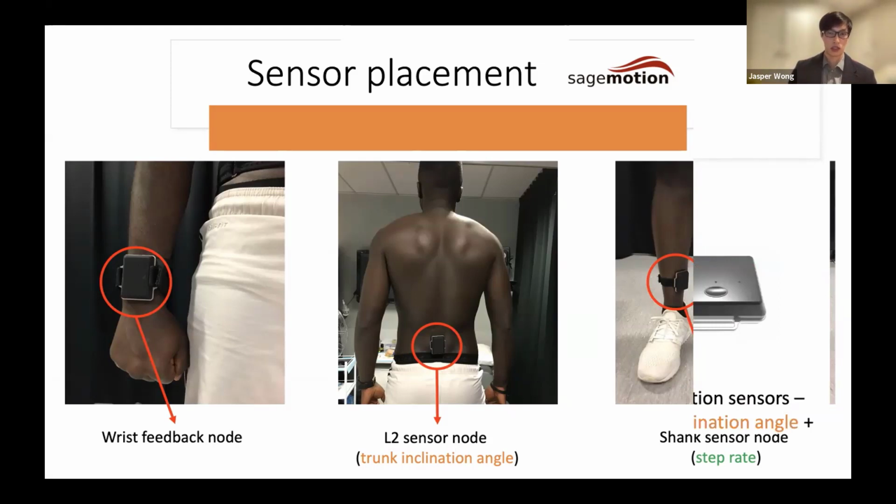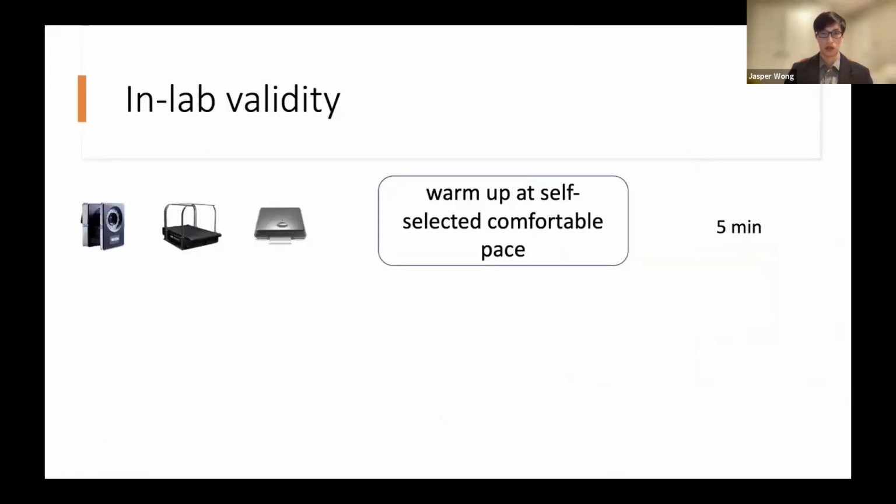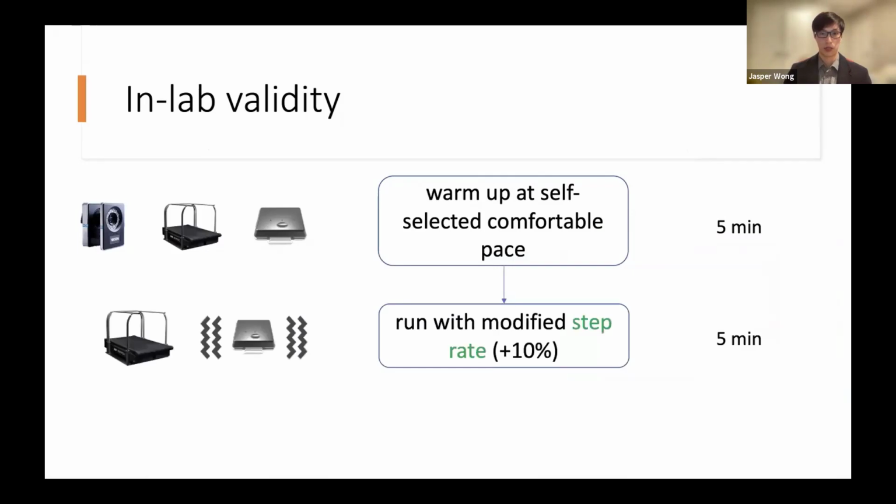For the study, we had 10 recreational runners, 5 male and 5 female. For the in-lab validity, we validated the haptic feedback system against current gold standard measures. These were 3D motion capture for trunk inclination angle and a force plate instrumented treadmill for step rate. Participants were given a 5-minute warm-up at a self-selected pace, during which we collected baseline data. Based on these baselines,